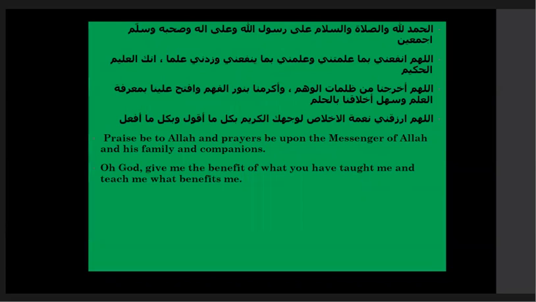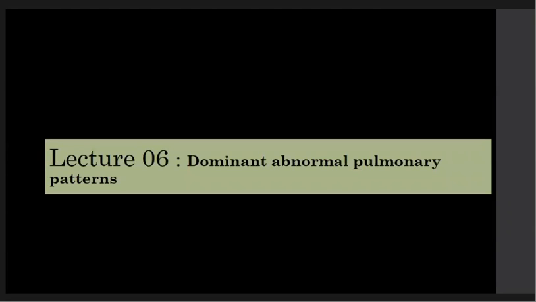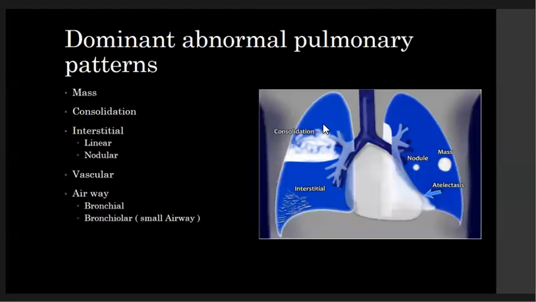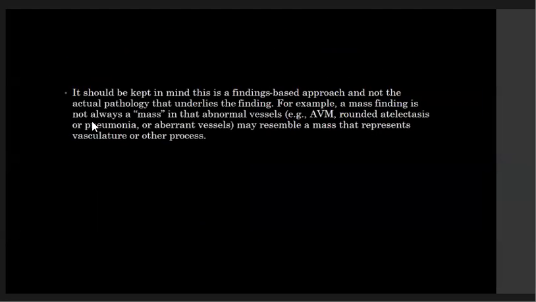I will continue with the Chest Imaging Made Easy course, lecture 6 part 1, and I will talk about the dominant abnormal pulmonary patterns. I will discuss these patterns, and each pattern in one lecture. As we see here, the dominant pulmonary patterns are mass, consolidation,